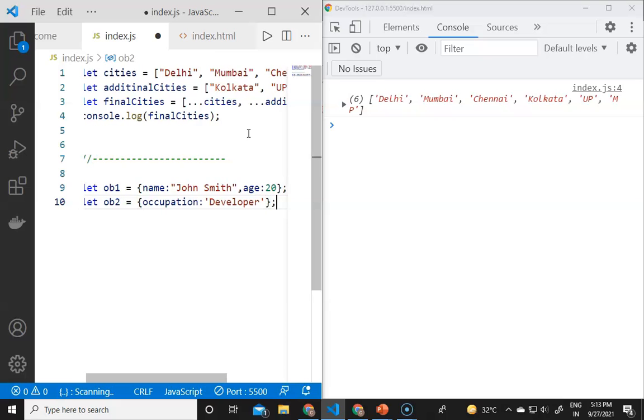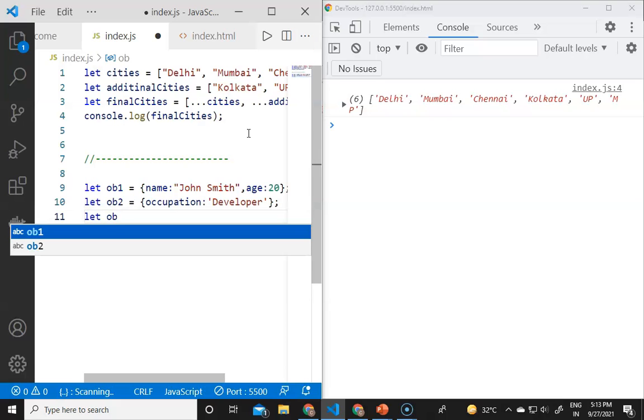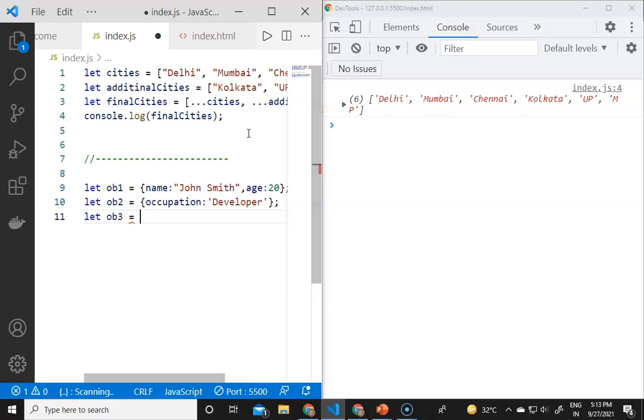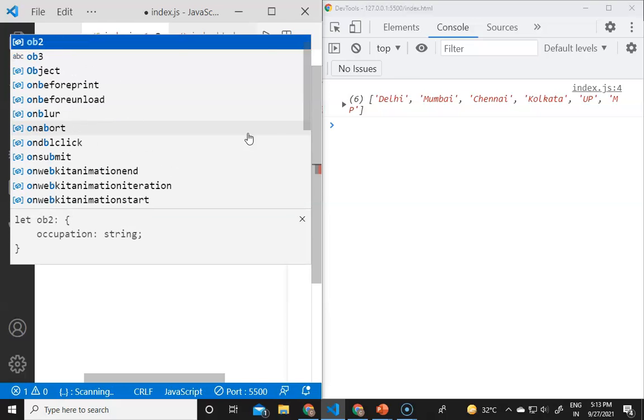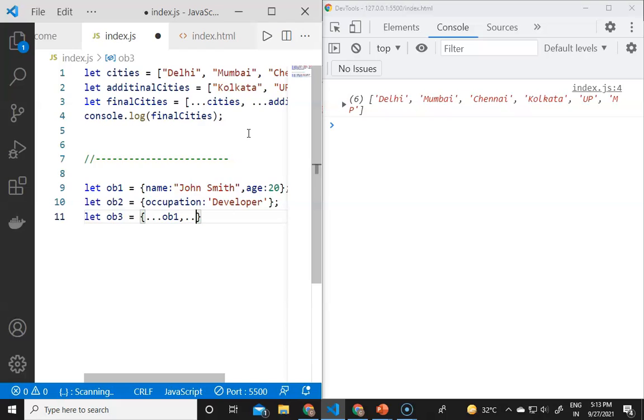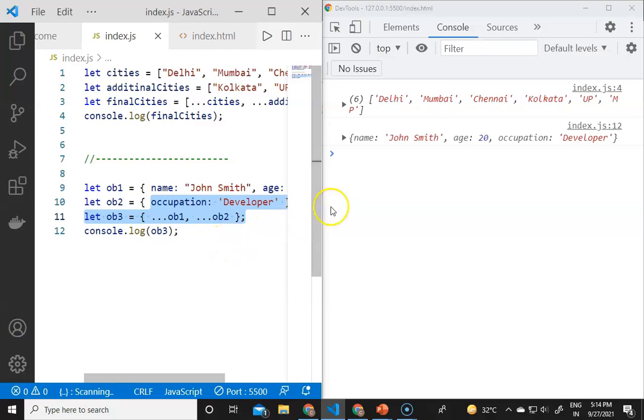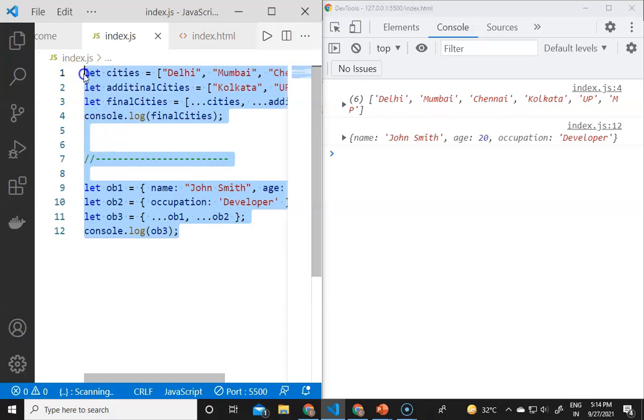Then let object3 equals the spread operator object1 and the spread operator again object2. If I save and console.log object3, you will see first the name and age, and then the occupation is there in object3 also. So these are about the spread operator in JavaScript.